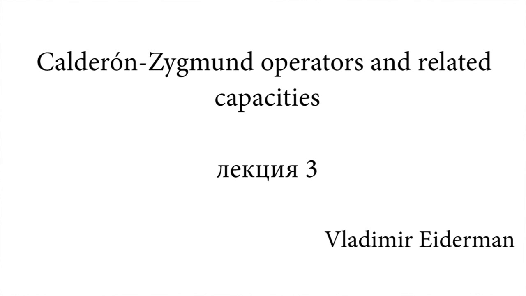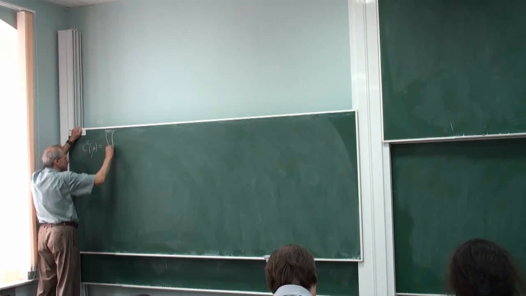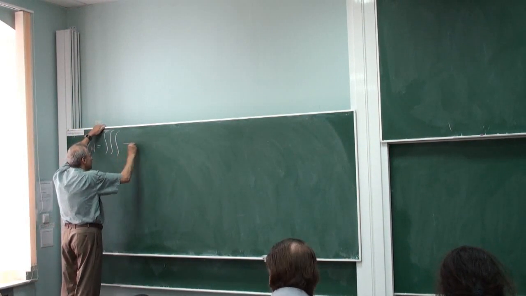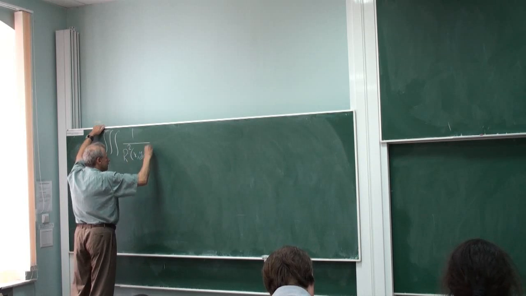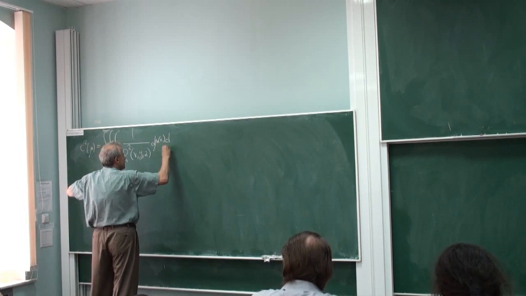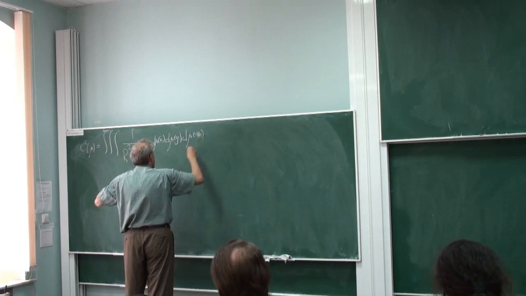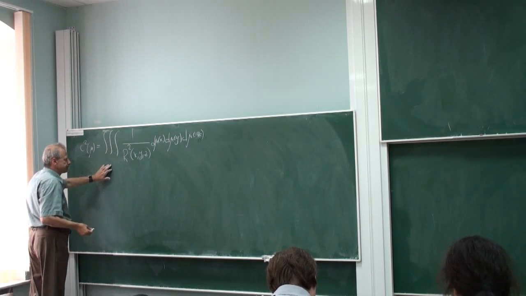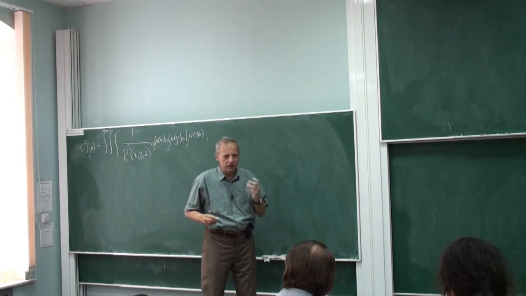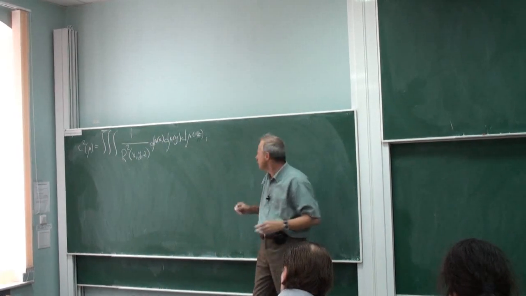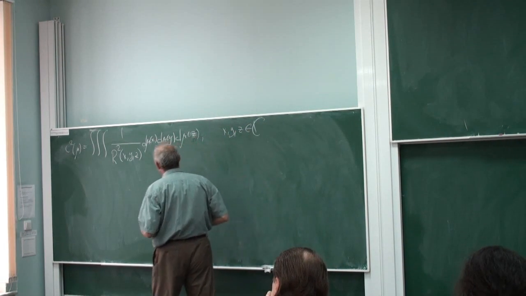Last time we introduced the curvature of the measure c squared of mu, which is defined by the triple integral of 1 over R squared of x, y, z, d mu x, d mu y, d mu z, where x, y, z is any triple of points in the complex plane. And